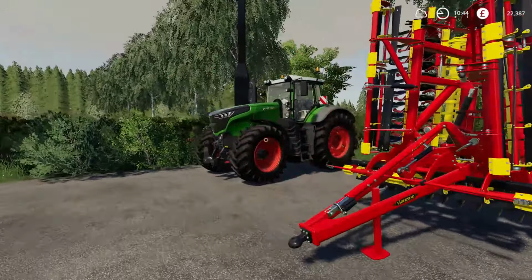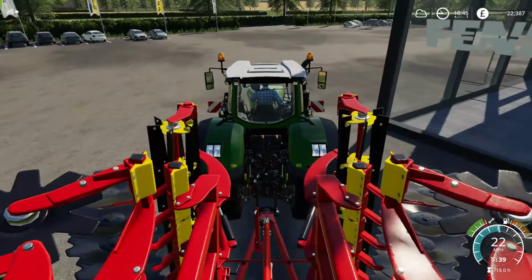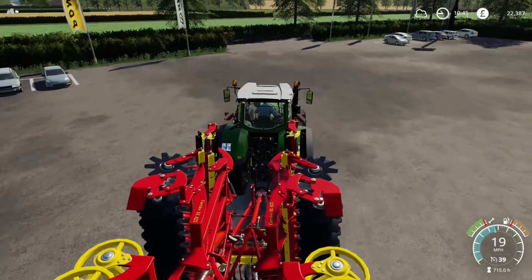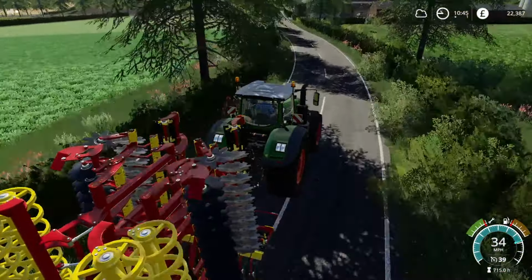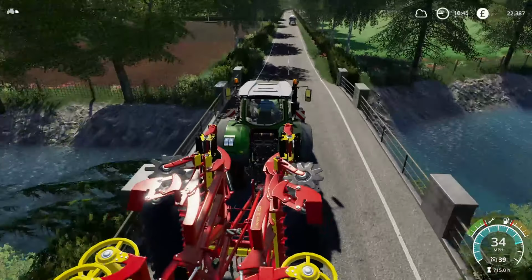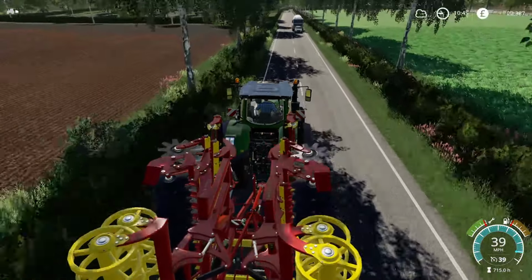Now, before everyone goes crazy and goes, you're starting too big, look at the number of hours on this tractor. It's done a lot of work, and so Mark has got an absolute bargain on it from a price perspective. As you can see in the top right, our bank balance isn't looking too healthy at the moment. If I'm honest, most of the equipment is second hand, just because it was what Mark could get his hands on. So this happened to be around and in the area, and looking at the cultivator he was eyeing up,